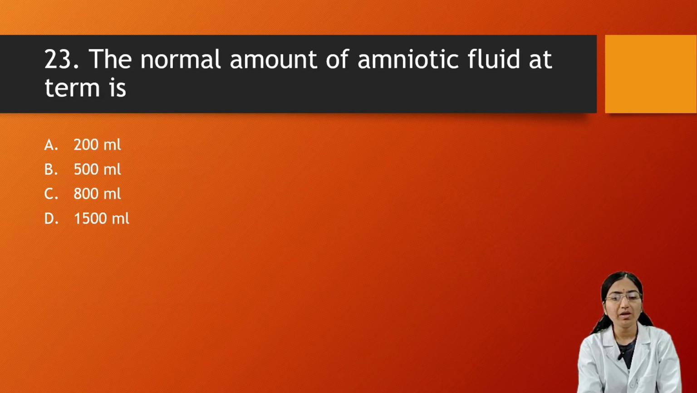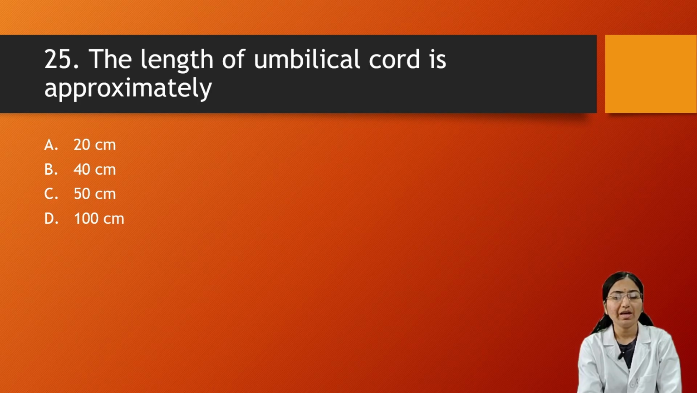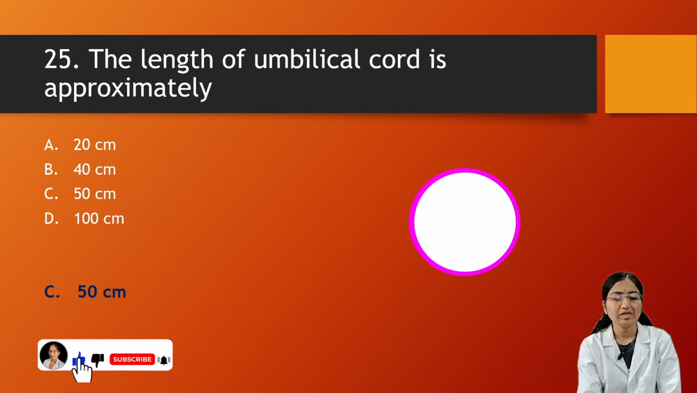The normal amount of amniotic fluid at term is? Right option is C, that is 800 ml. The length of umbilical cord is approximately? Right option is C, that is 50